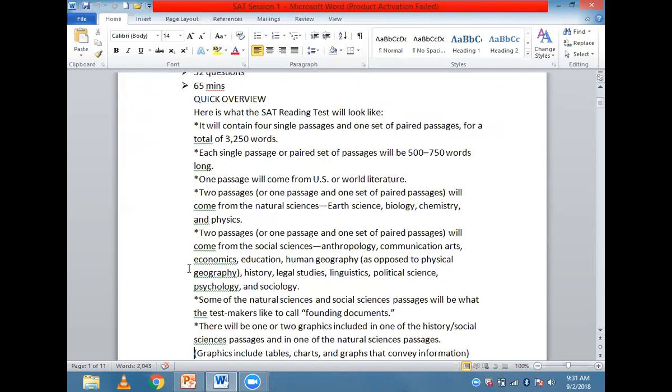But it is important to note that all these passages basically judge you on your reading skills, on your analysis skills, and how you're able to go about understanding the argument that is presented in the text that has been given to you, and how you're able to analyze the central theme, the tone, and the purpose of the passage. So it does matter what particular subject the comprehension passage deals with, but more importantly, you have to look at it from the point of view of analyzing the text.